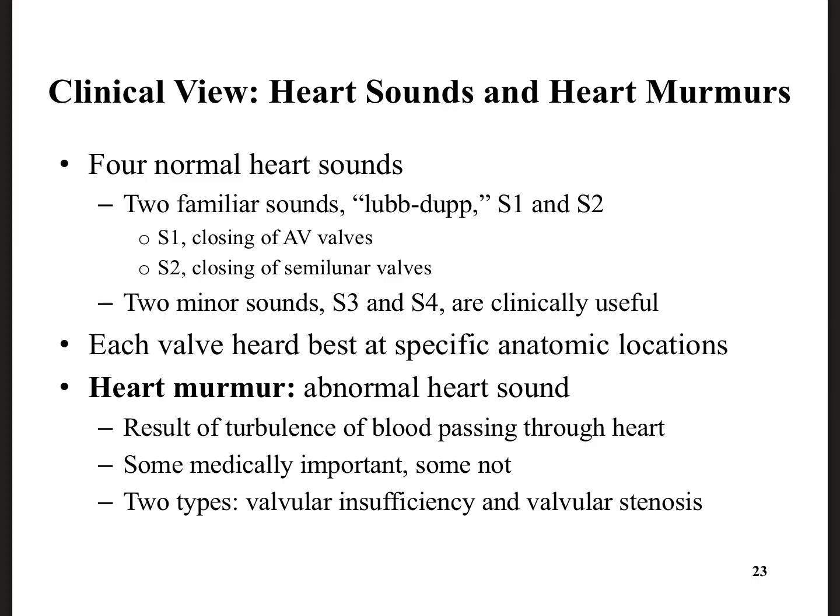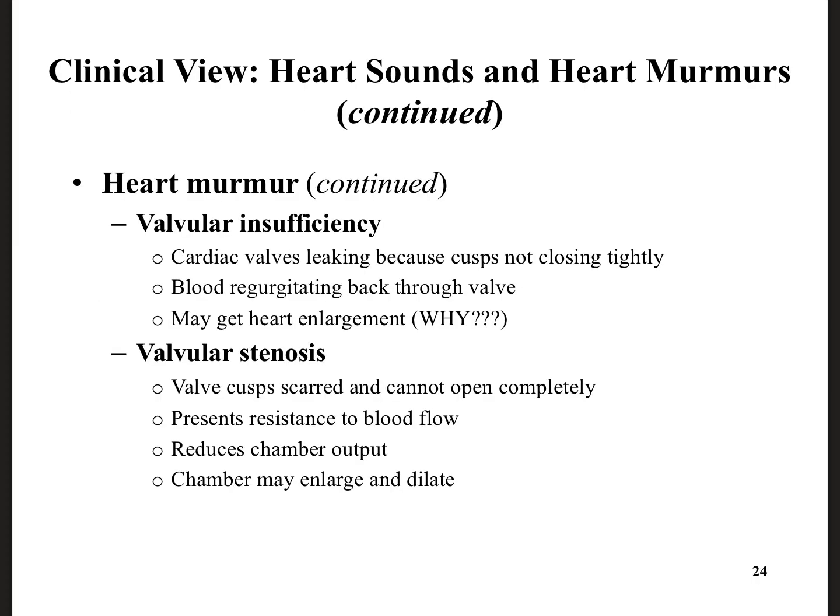The two types of heart murmurs are valvular insufficiency and valvular stenosis. So problems with the valves lead to heart murmurs, abnormal sounds. Valvular insufficiency is where the valve doesn't close completely, right? It doesn't stay closed. Cardiac valves are leaking. Perhaps the cusps are not closing tightly, especially the bicuspid and tricuspid, not closing all the way. So blood is kind of pushing back where it's not supposed to be,